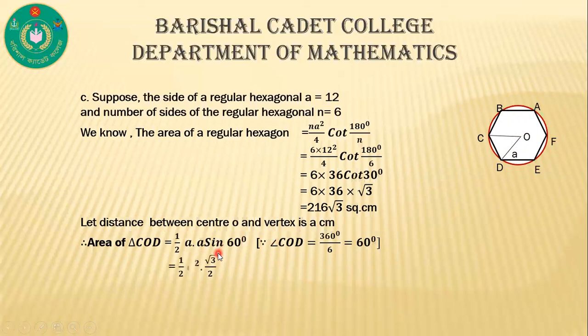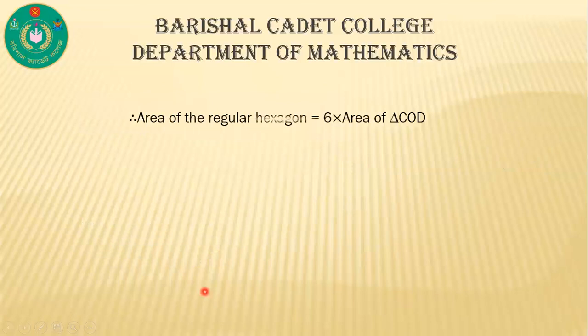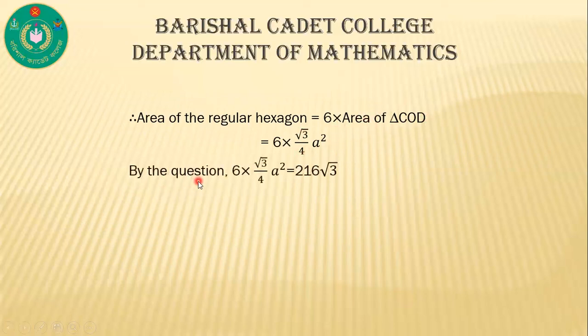Then we can write half A into A, that means A square, sine 60 is equal to root 3 by 2. Then we can write root 3 by 4 A square. Therefore, area of the regular hexagon is equal to 6 into area of triangle COD is equal to 6 into root 3 by 4 A square, because we know area of COD is equal to root 3 by 4 A square. By the question,